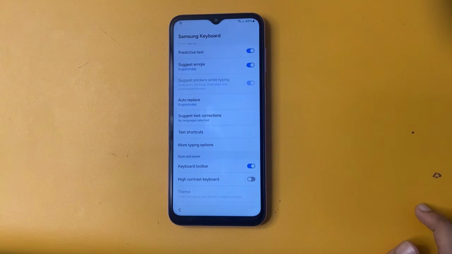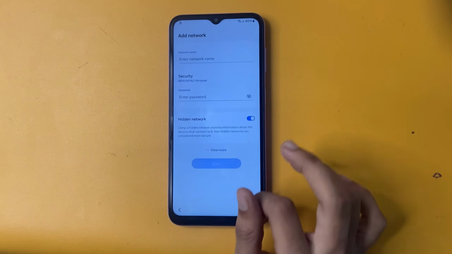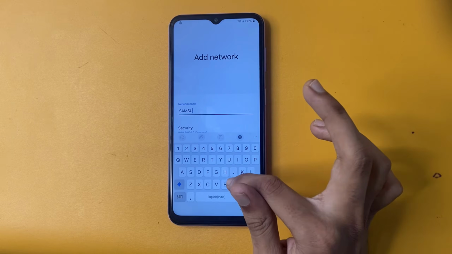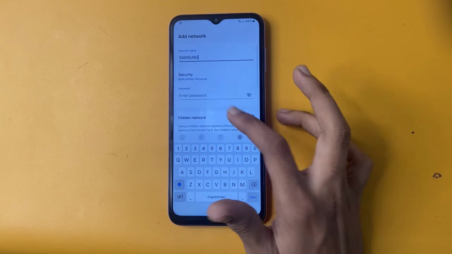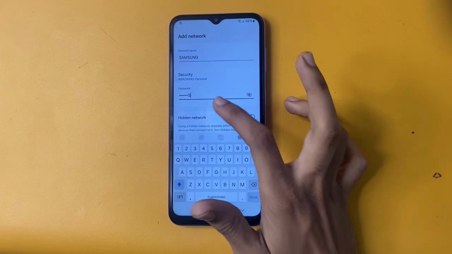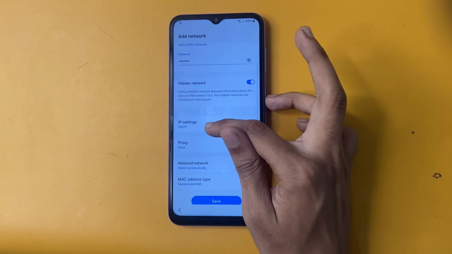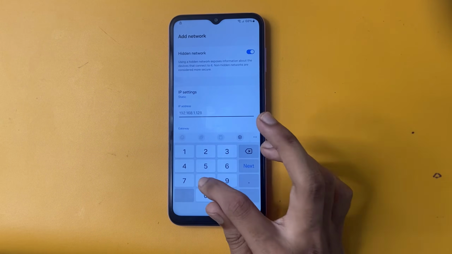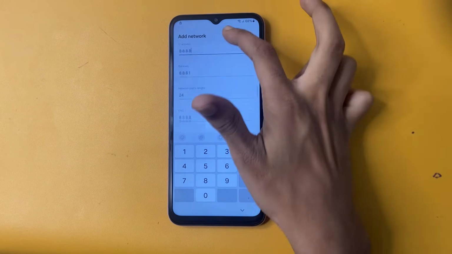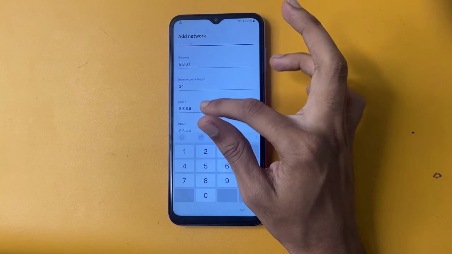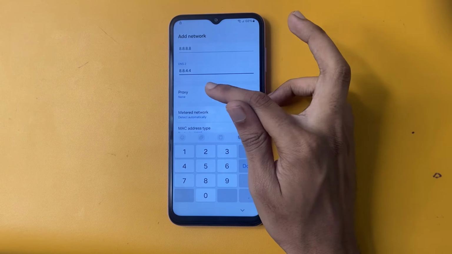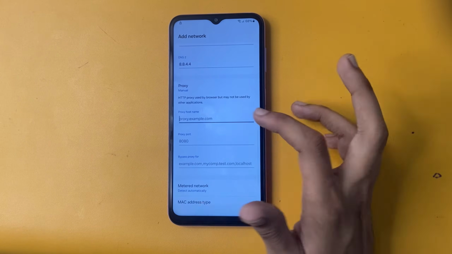Friends, after clicking the add option, now go back and now I write Samsung FRP Bypass. The Samsung password is FRP Bypass. Now go to the view more option, change IP settings to DHCP static, and now go to 8.8, which is the IP address of Google. Now change to 8.8.4.4 and now go to proxy, then the manual option, and now write